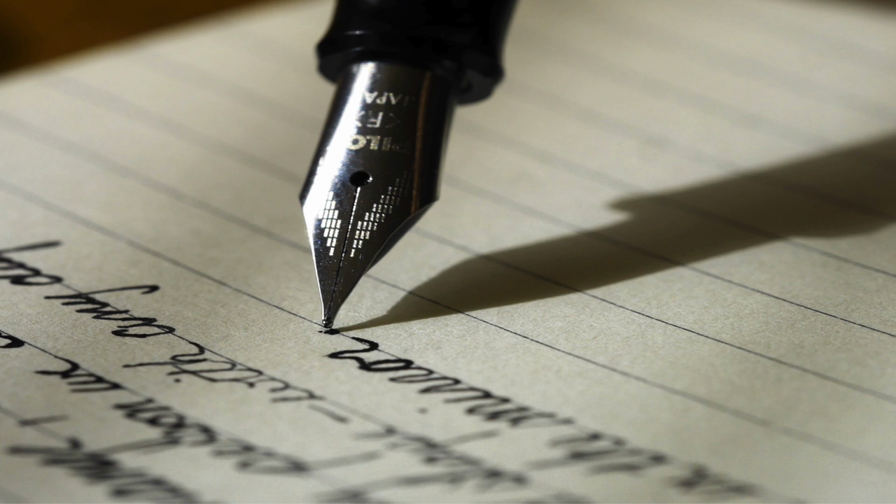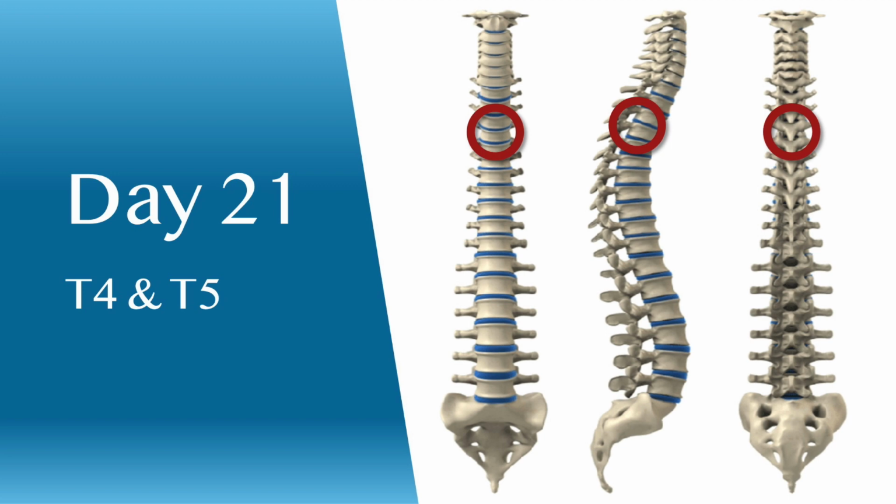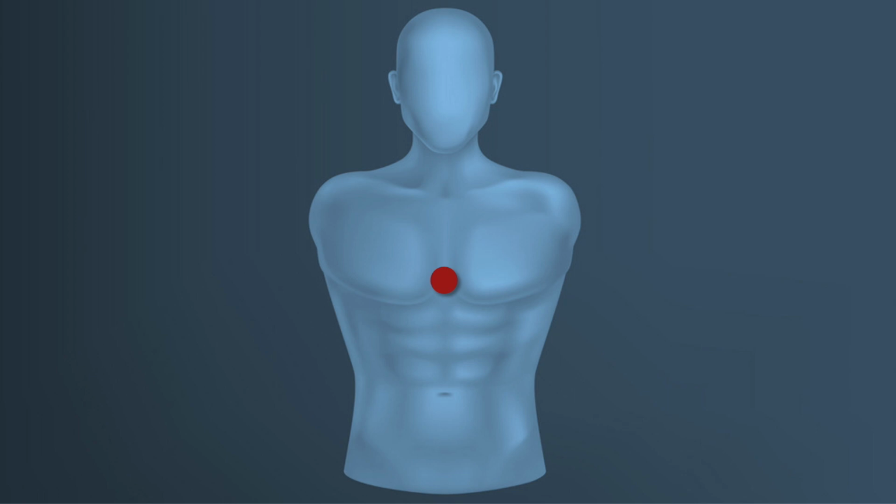You will continue with your waning moon affirmation, which is about letting go of something detrimental in your life, or growing roots, meaning going deeper, consolidating something in an area of your life. Today we will focus on T4, T5 at the level of the heart. Touch the back of your heart so you can easily connect with this area later in the practice. In the front of the body, you place your hand on the corresponding area, which is your heart, in the middle of your chest.